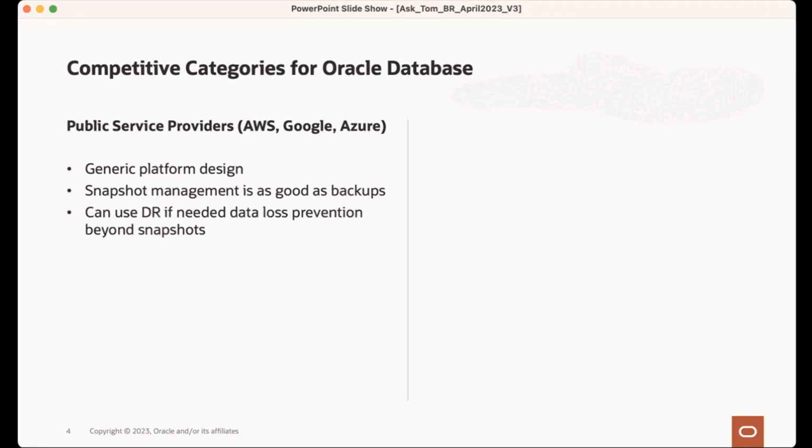And from a DR, you've got to plan outside of that. It's beyond just snapshots, right? If you're going to talk about true disaster recovery, making sure that all the stack and the infrastructure is ready for an actual DR, that's a little beyond snapshots. And then finally, the third-party service providers, they use a lot of third-party ISV tools to try to fill in